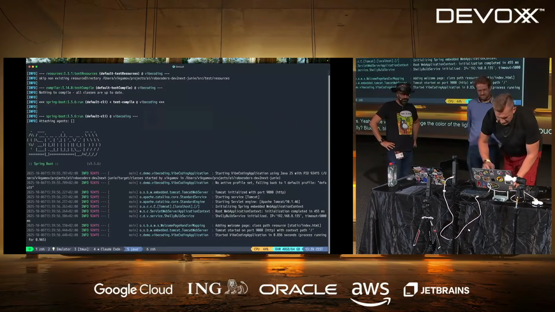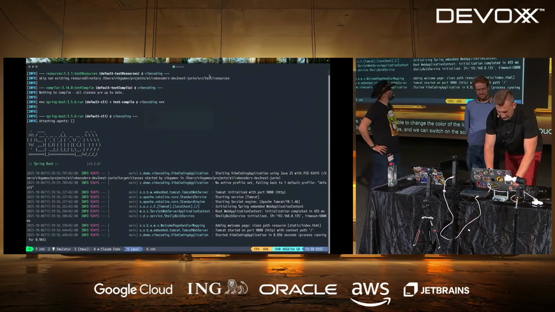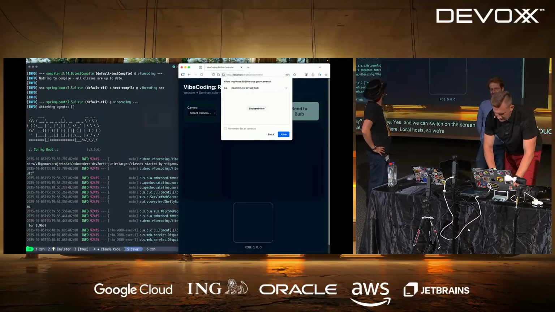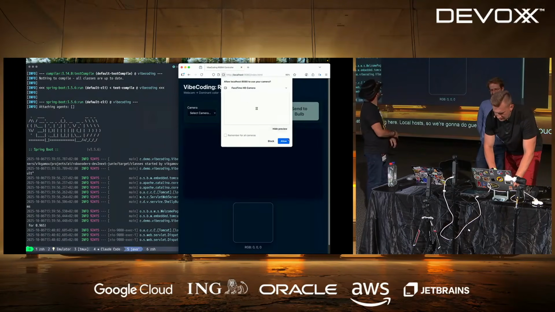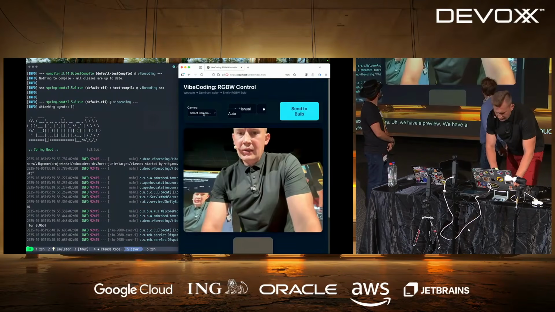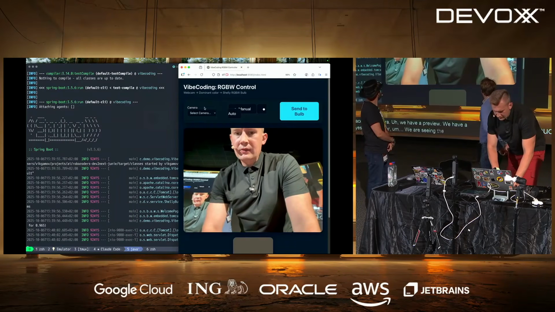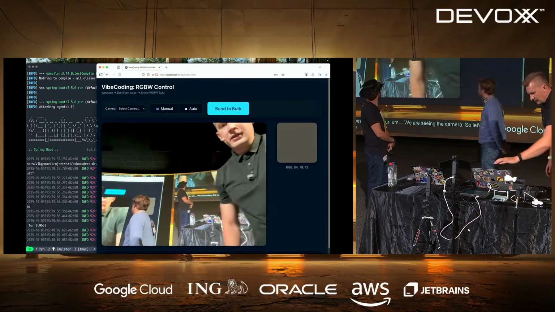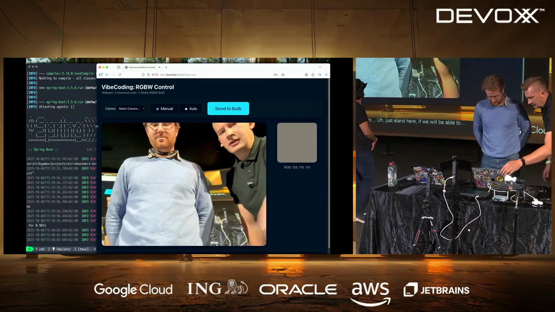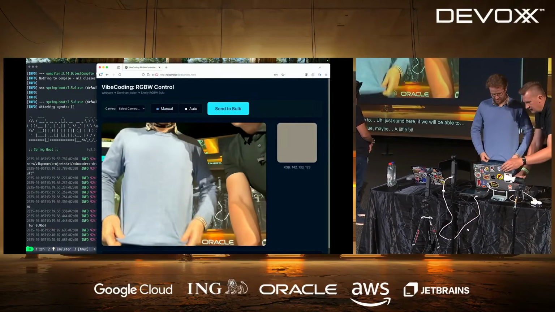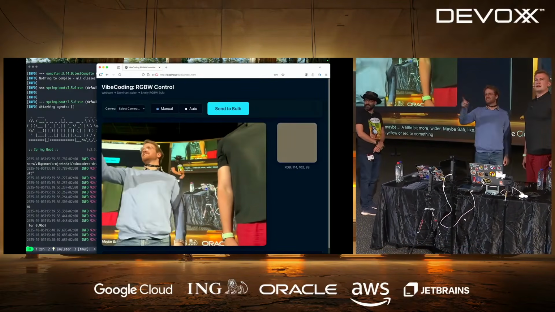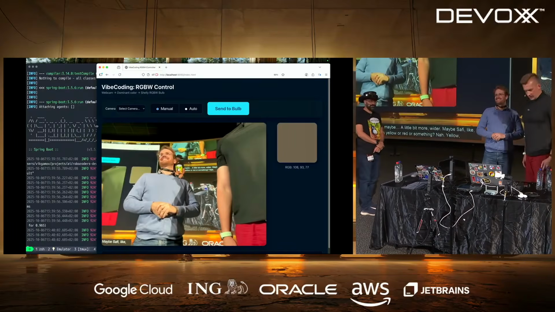Yes, and we can switch on the screen so you can see what is happening. Localhost. So we're gonna get access to my FaceTime camera. We have a preview. Yes, we have a preview. We are seeing the camera. So let's see if we will be able to change the color to blue, maybe a little bit whiter. Does anyone have a yellow or red or something? No volunteers.